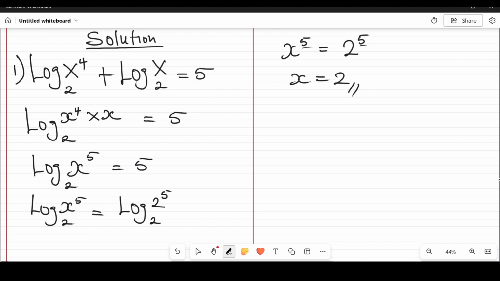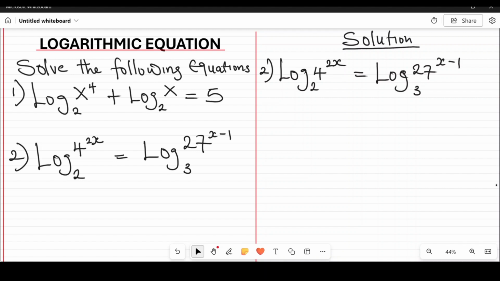Let's solve number 2 question together. Now for number 2, we're given that log 4 raised to the power 2x to base 2 is equal to log 27 raised to the power of x minus 1 in base 3. The first thing we do here is that we have to express 4 and 27 as the power of their base. So therefore, our equation becomes